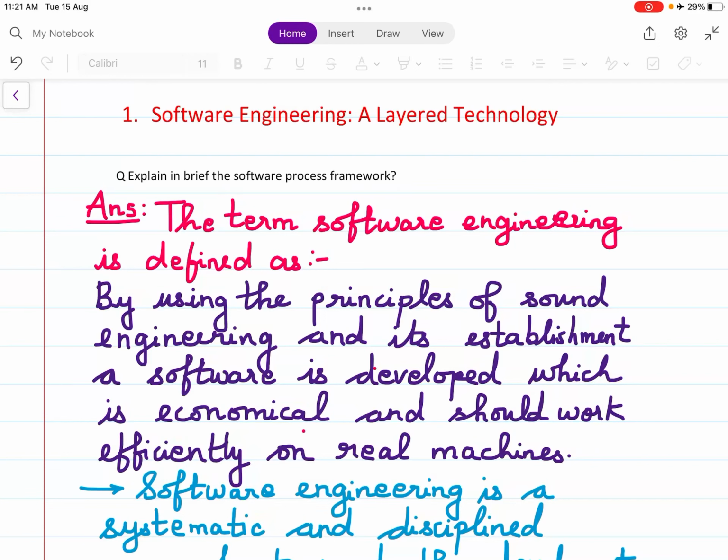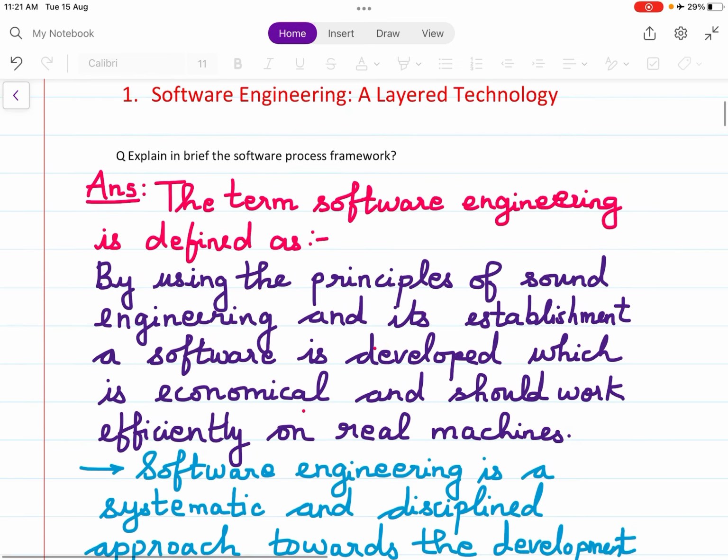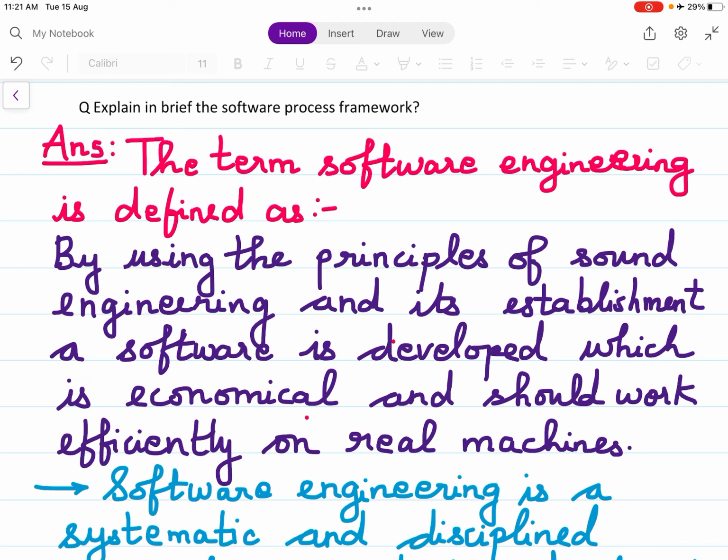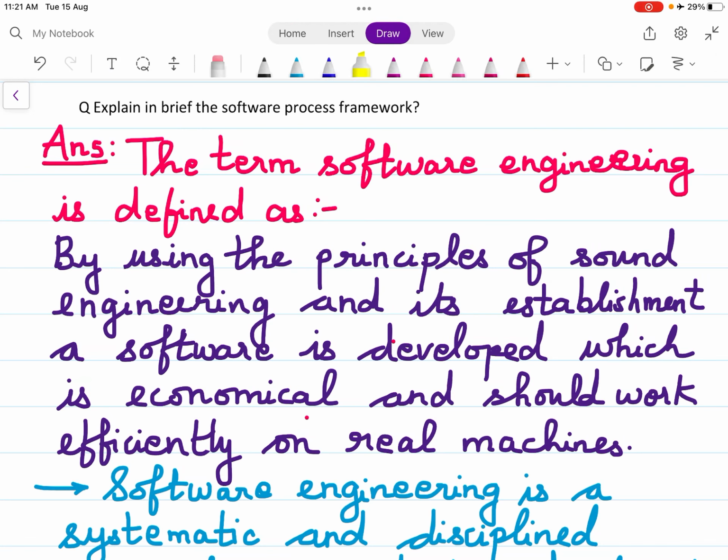So now we'll study about software engineering, a layered technology. Why is software engineering called a layered technology? So the question is, explain in brief software process framework. So the first part of 1.1 is what? Software process framework. So we'll be explaining this software process framework, saying that software is a layered